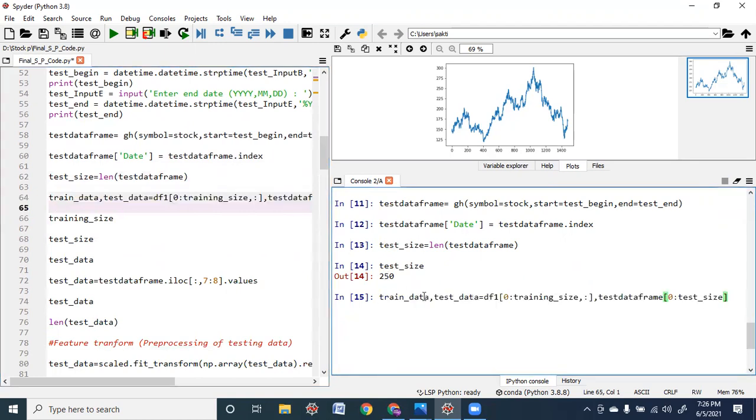Now in the test data, let us assign the close value. Before which we'll have the train data and test data with the training size and test size.